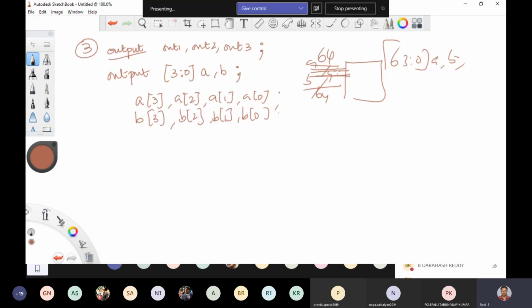If only one bit is there, it is represented as scalar: A comma B comma C, in1 to in3, out1, out2, out3. If the variable is multi-bit, say 1 down to 0, 2 down to 0, 3 down to 0, 63 down to 0, 127 down to 0, multiple wires, then you have to define it as a vector. It depends.